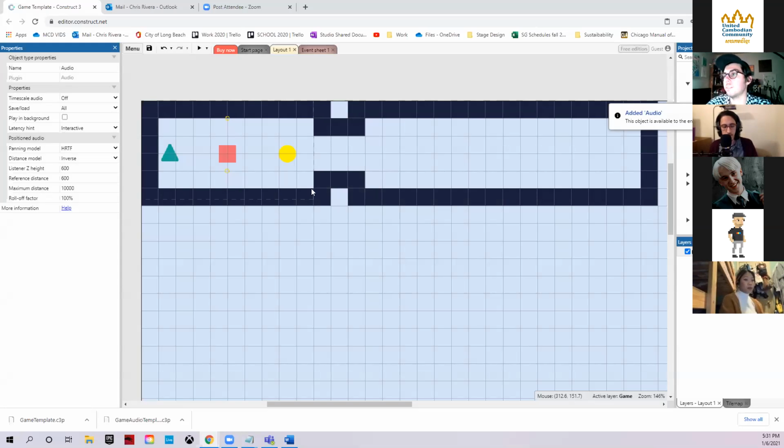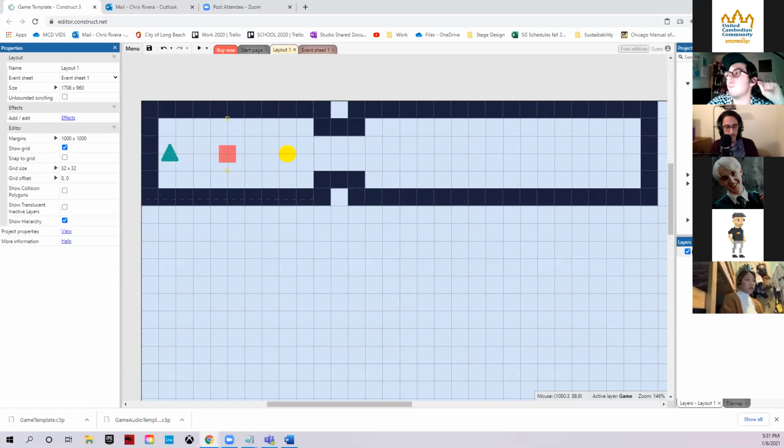Okay, so now that we have the audio device, we're gonna go to our project tab. Do you see your project tab on your screen? No, I don't see a project tab. Check on the right side of your screen. Oh yeah. Okay, you see that?